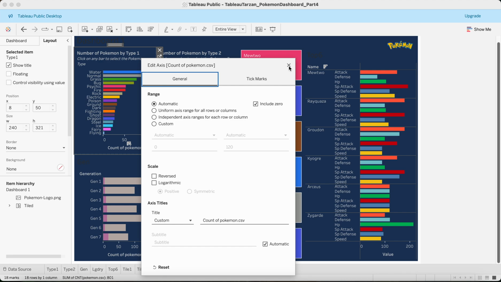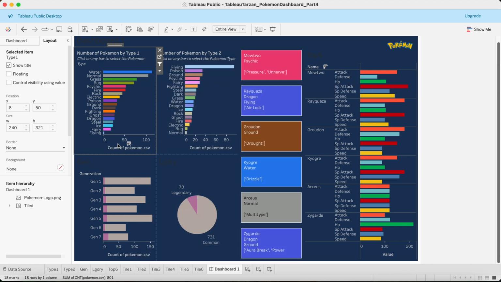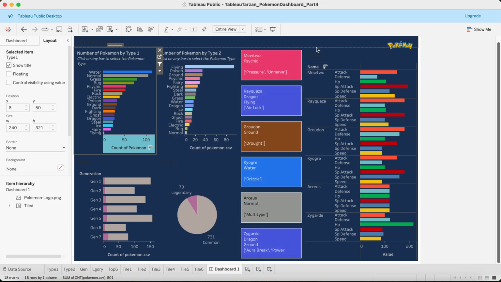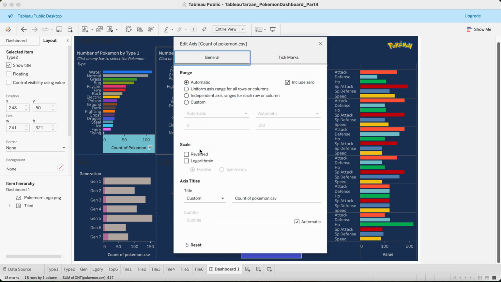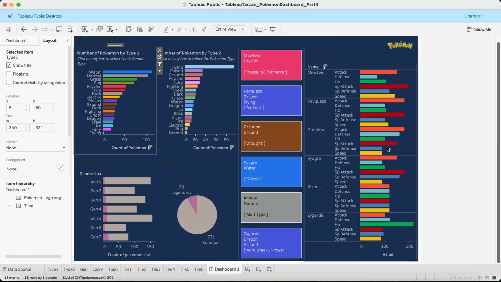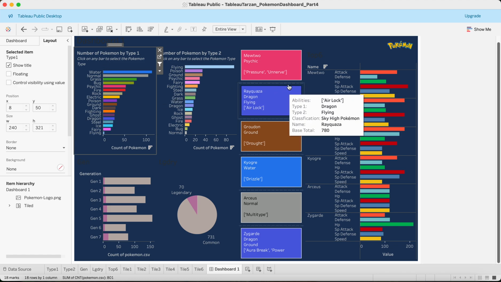Right, so if I double click, I'll get this edit access, or if I right click and do edit access, then also I get edit access. Here I can say count of Pokemon. Count of Pokemon. Great, this is done, this is done. Then